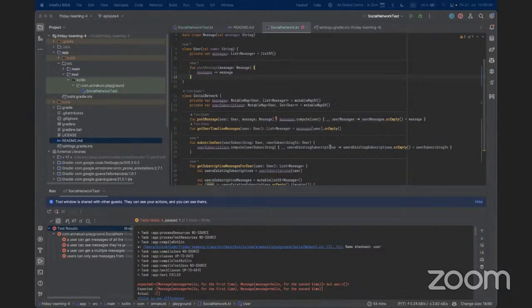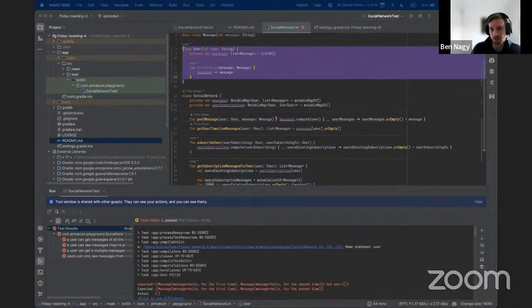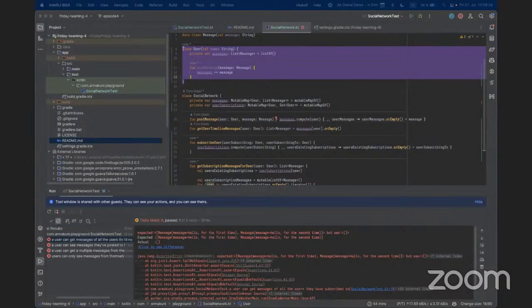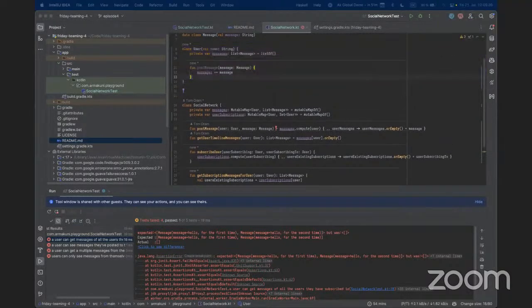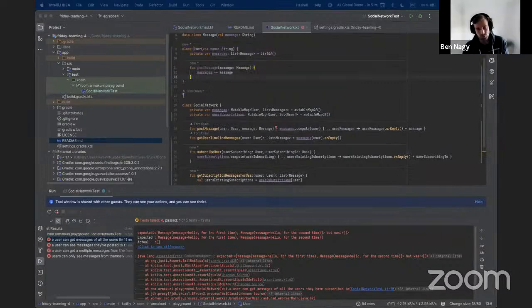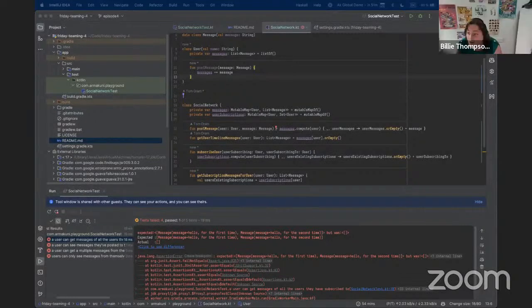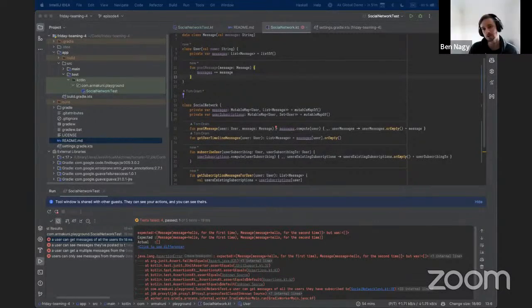Because we're changing the user class, right? So the user class is no longer a data class anymore. Is there a way we can do this without breaking the tests? I mean, one way of doing it potentially is keeping the user as a data class and then maybe putting this logic in a separate class. Yeah. So it might look something like